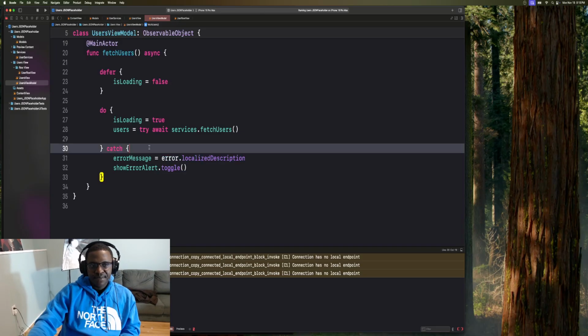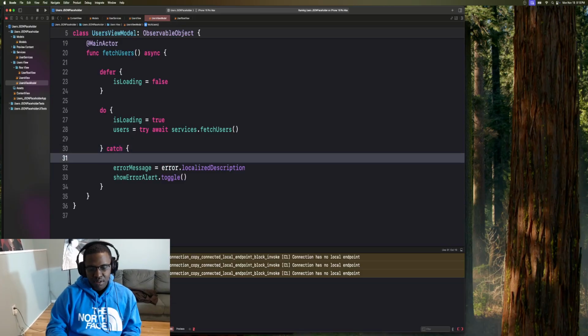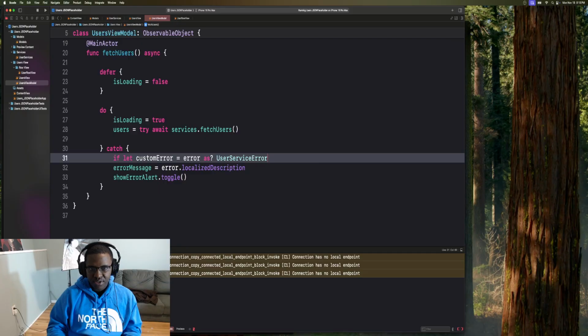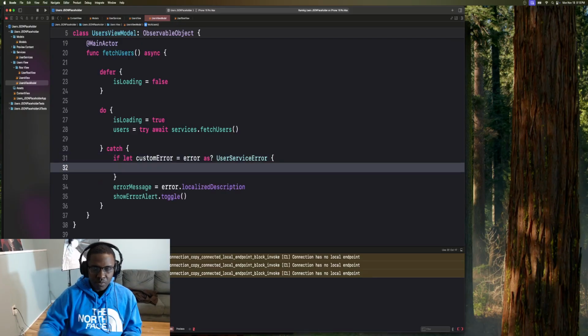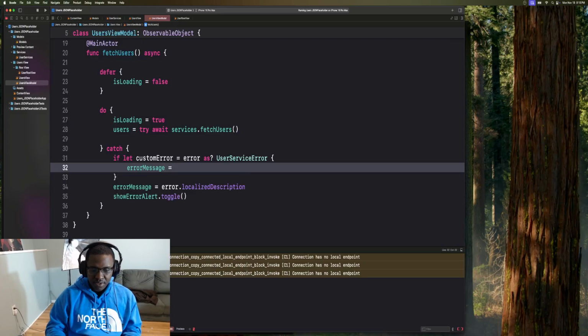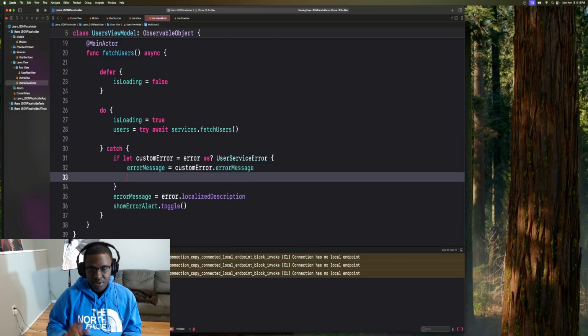So to do that, we have to cast error to become our custom error. So we'll say if custom error equal error as service error, user service error, and then we cast it to that. What we can do now is say error message is equal to custom error dot error message, which is the readable one we made